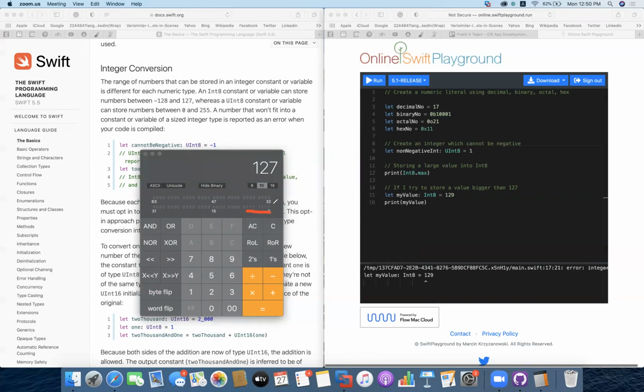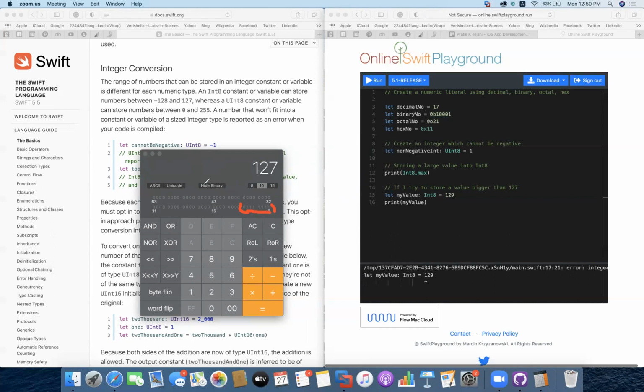This is the maximum value which can be stored within an 8-bit integer. Can you see that? Yes. And the first bit is for the positive sign. So that's why we cannot store a value above 127.